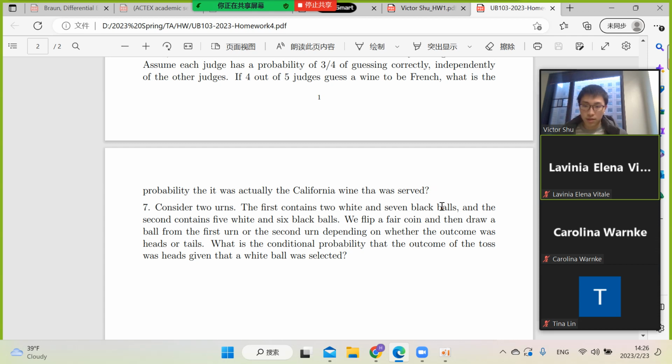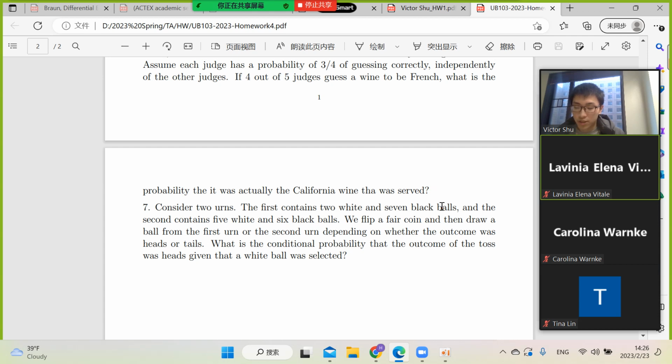So here we can transform our question to: the numerator is the probability of white given head times the probability of head,